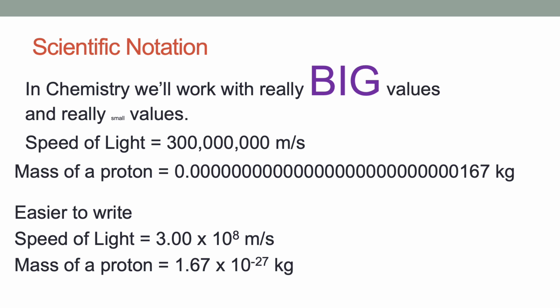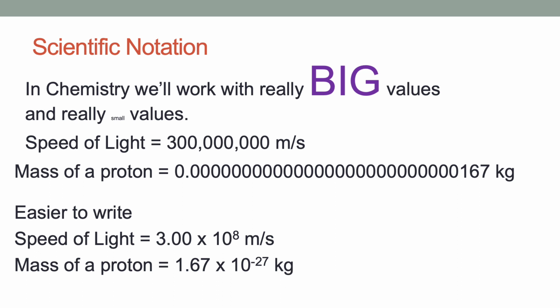Scientific notation. In chemistry, we'll work with really big values and really small values. For example, the speed of light is about 300 million meters per second. The mass of a proton is 0.000, and there's a lot of zeros, 167 kilograms. And so when we plug these numbers into our calculations, it's very easy to make an error when you're plugging